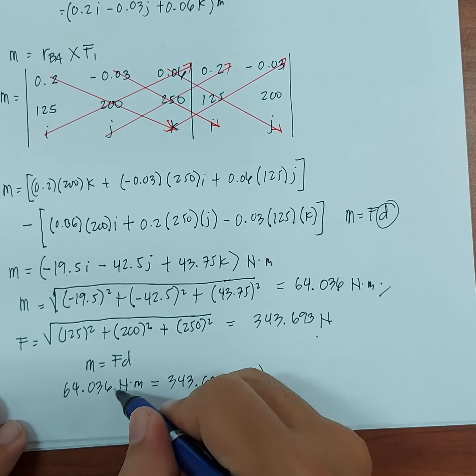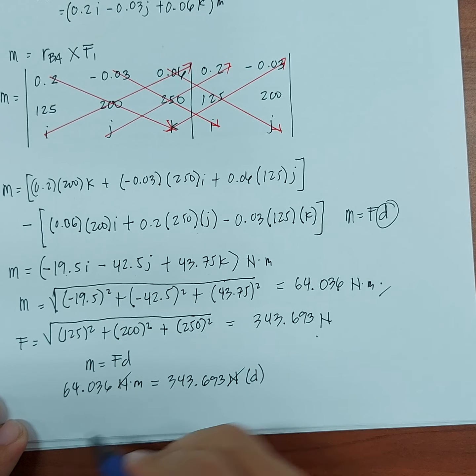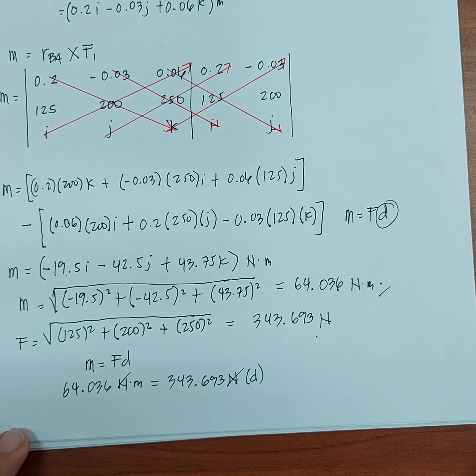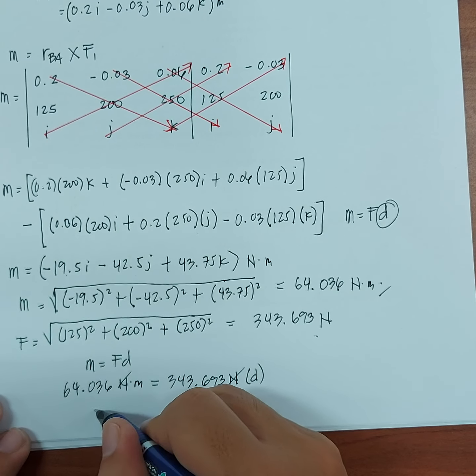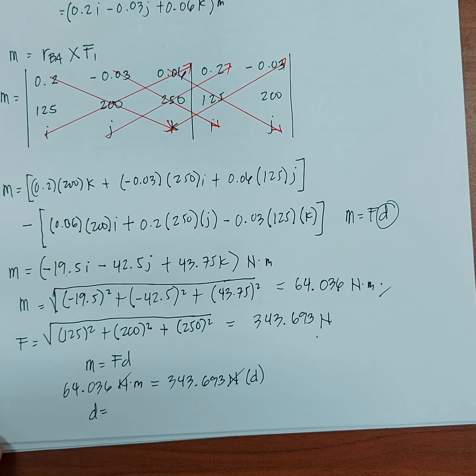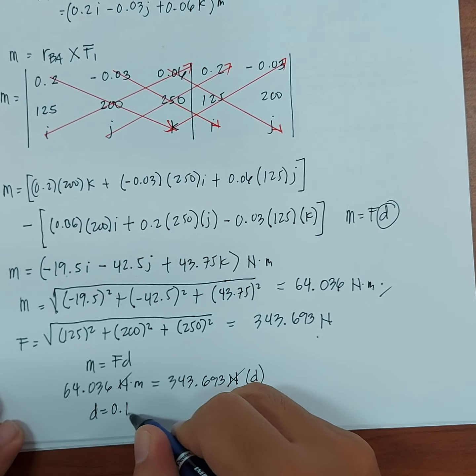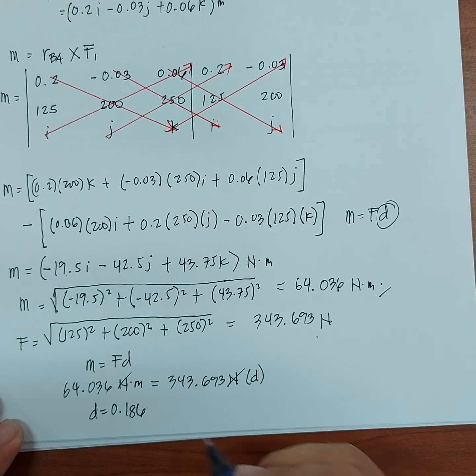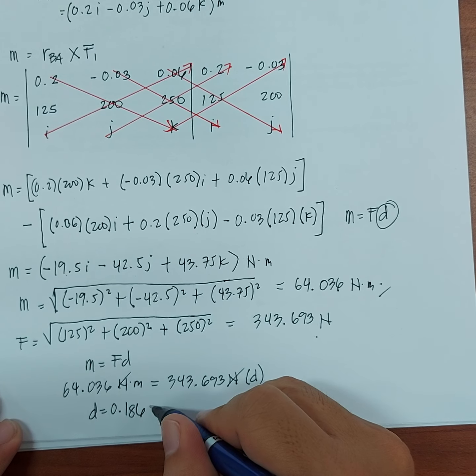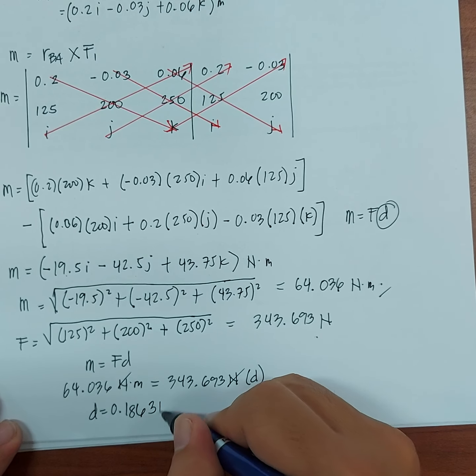So, canceling Newton, we're left with meters. So, cross multiply. D is equal to, what is D? That is 0.186317